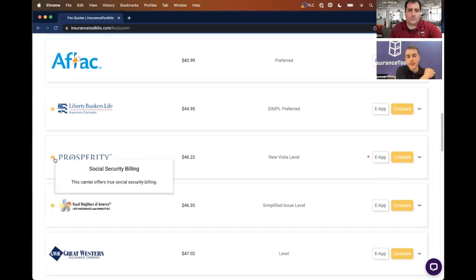So Social Security billing, which is something America introduced, I think, a little bit later last year. It allows the policy to be drafted on the person's Social Security schedule. So it sounds just like a silly add-on, but it really is the difference of 10 to 15% in ongoing persistency. You can ask any agent who's doing final expense for years, that really is 10+% that you'll see stay on the books,